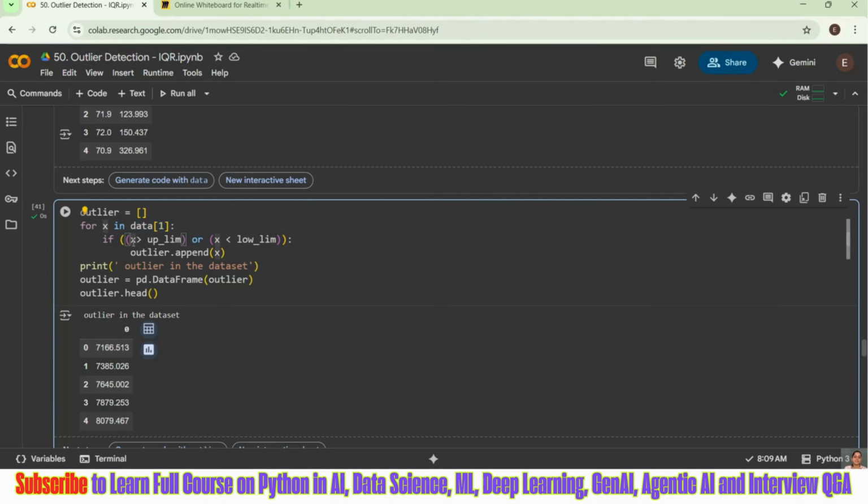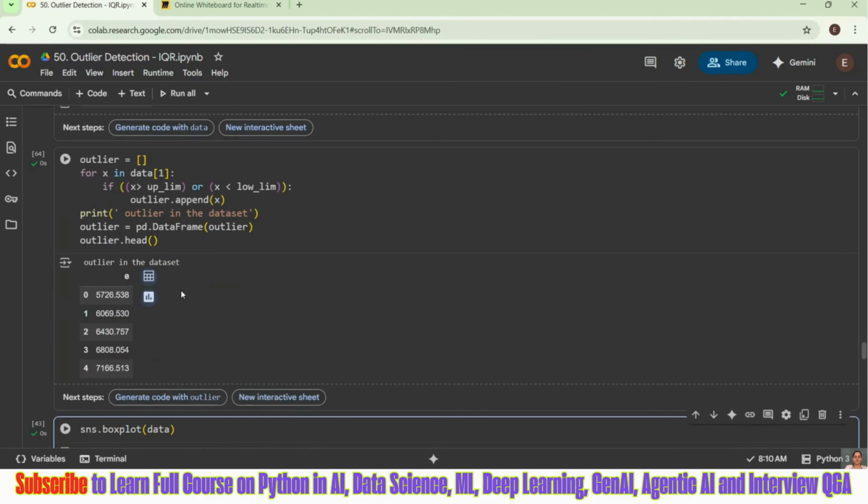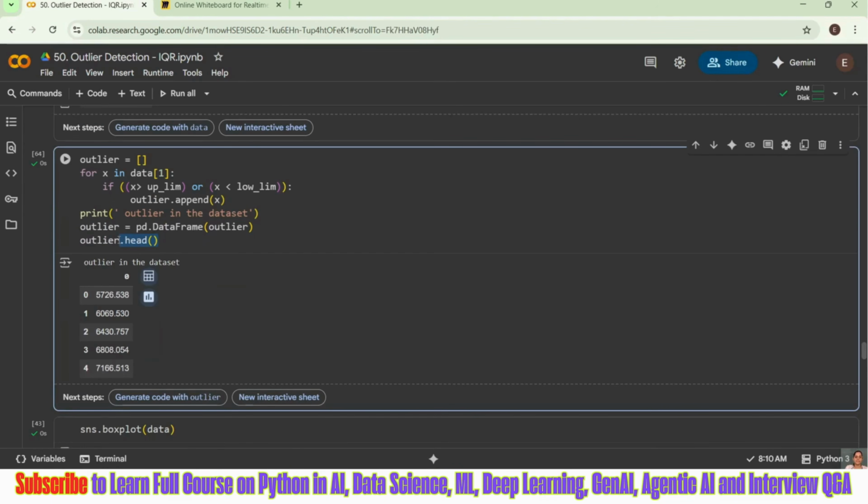And x greater than up limit, or x less than low limit. I am going to append all my outliers to a list, and I'm putting that outlier list in a data set, and I'm going to get this. And if I remove head and just take the count,